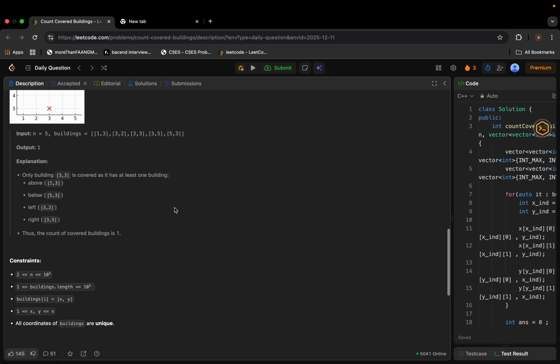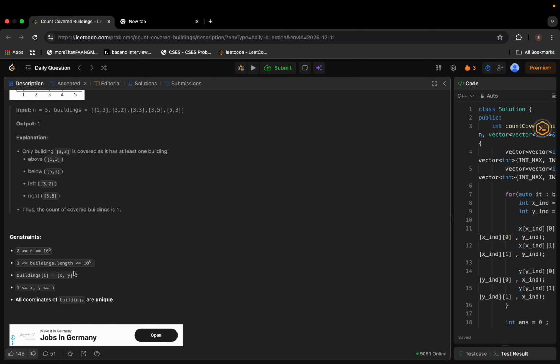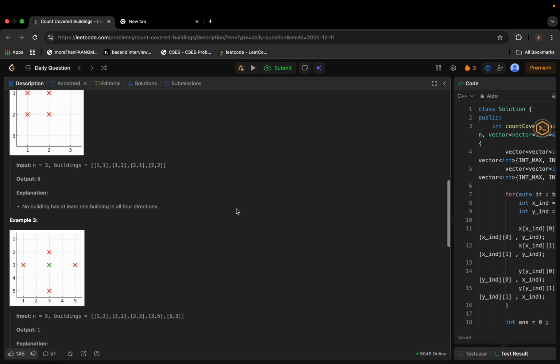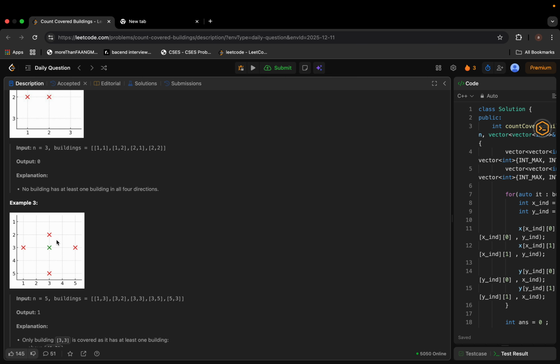Now let's check our constraints. Our constraint says that we can have length as 10 raised to 5. So what is the naive solution that we can think of? The most naive solution, or at least what I have thought, is that for every